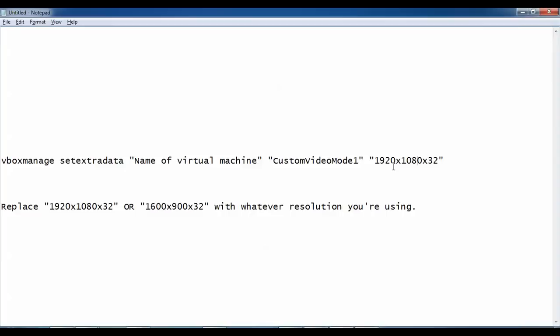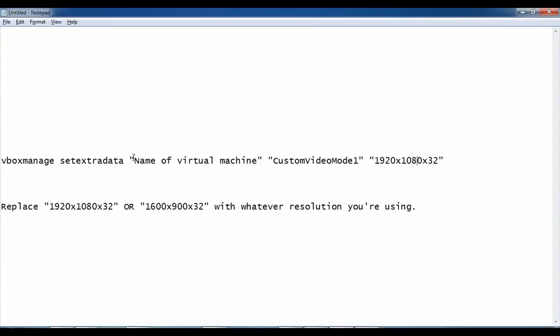You can also change the resolution, like in place of 1920, you can give 600, 900, also 32, but you need to make the changes in Mac OS also. Resolution you need to change there. So whatever resolution you are fitting, you need to give the same resolution there also, here also.